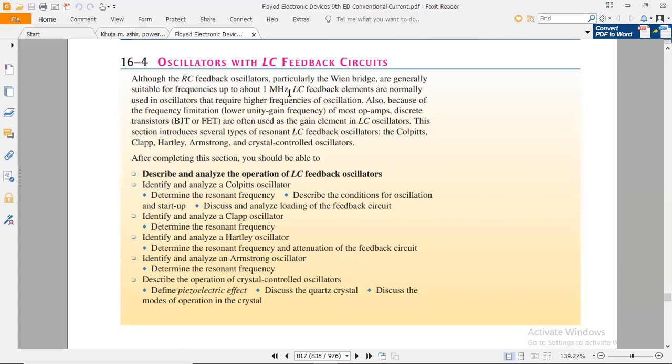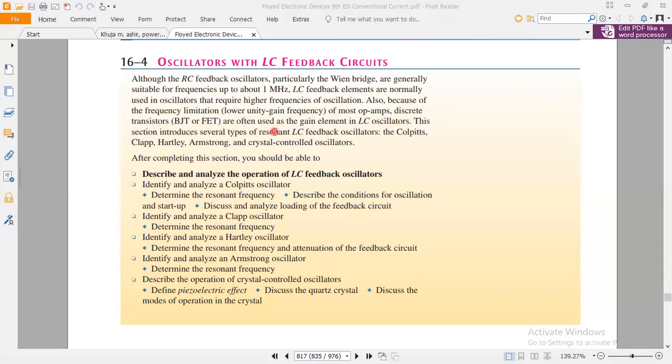That's the reason the range of these oscillators reaches the magnitude of 1 megahertz. Also because of the frequency limitation, lower unity gain frequency of most op-amps, discrete transistors, BJT or FET, are often